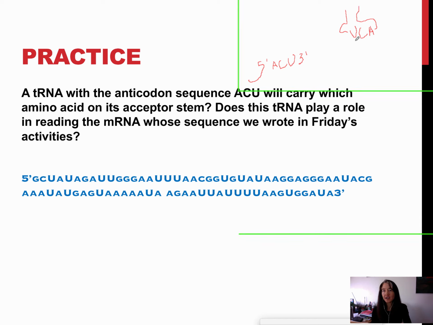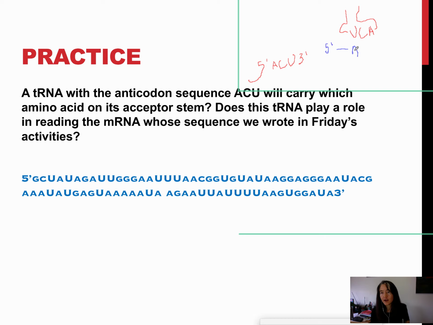And then that's going to base pair with the mRNA. So I'm going to try to see if I can make the mRNA a different color. We'll make the mRNA blue, so we know then that it's going to be going in the 5' to 3' direction. So the codon that UCA would recognize, U will pair with A,